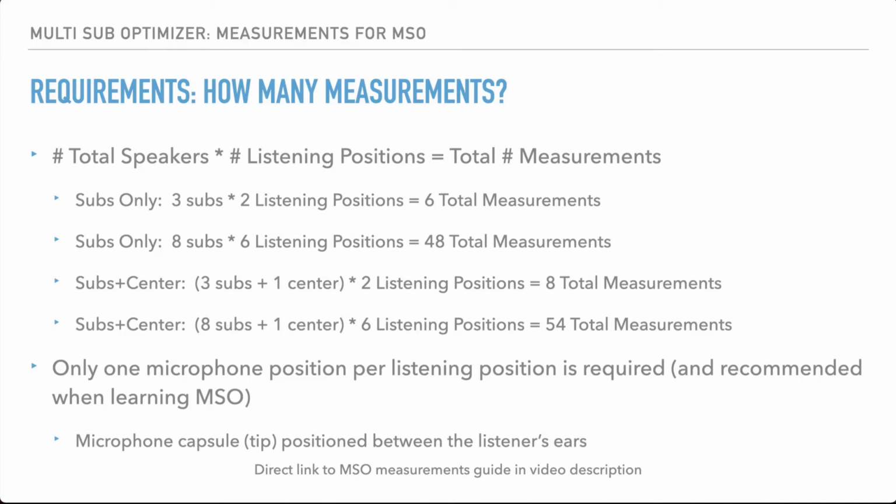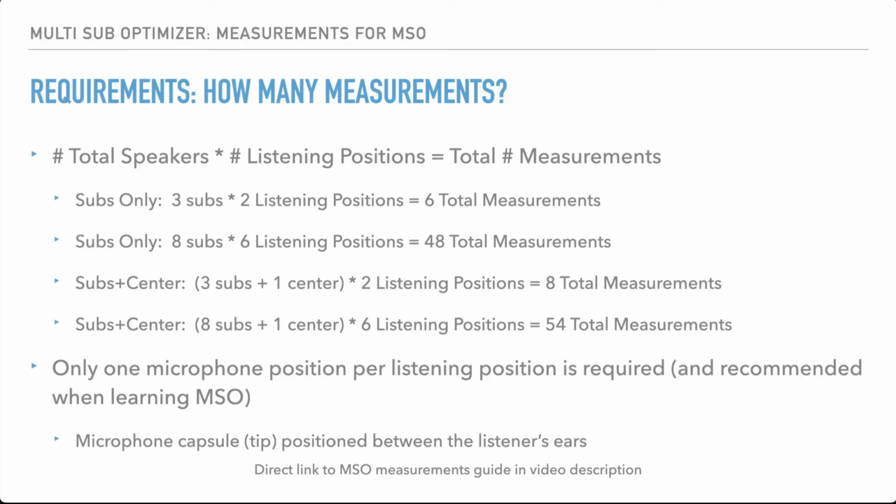It's also going to be additional time letting MSO go run off and do the optimization. So the minimum is going to be speakers times listening positions, and that's the total number of measurements. I really recommend that, especially if you're getting started with MSO. Once you're comfortable with MSO, you could take more measurements, but it's really not going to buy you a whole lot